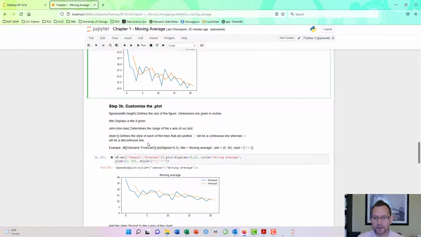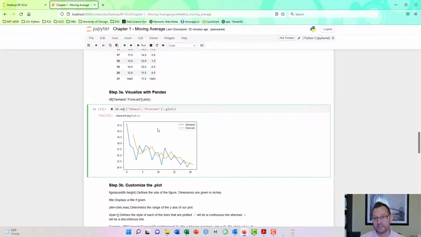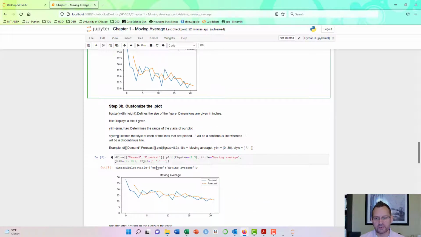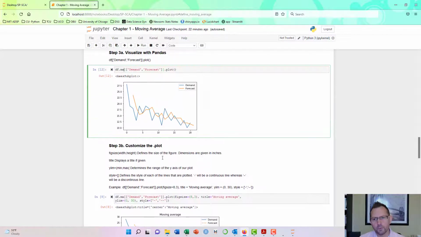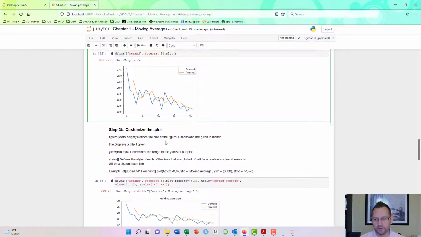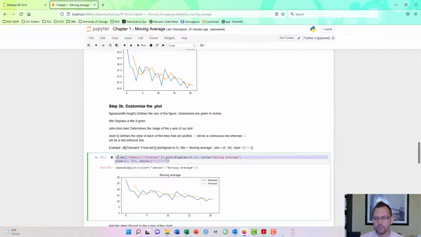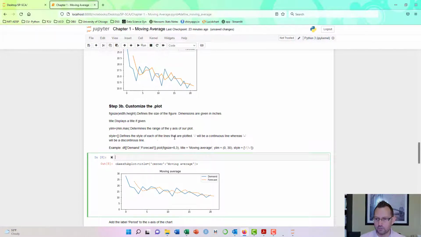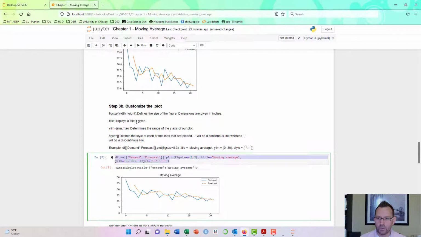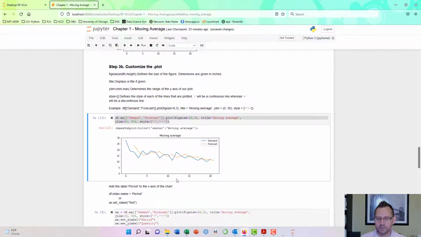So to customize the plot, how do we add a label or chart title to it? What if we want to adjust the limits on the y-axis or the x-axis? We can do that. And maybe we want to make our lines look different. And that's what's going on here. And this particular code will do that, right? If it was not here, I'll leave it. We can copy and paste this in, it'll drop it in. Okay, so let's run. And we can see here,